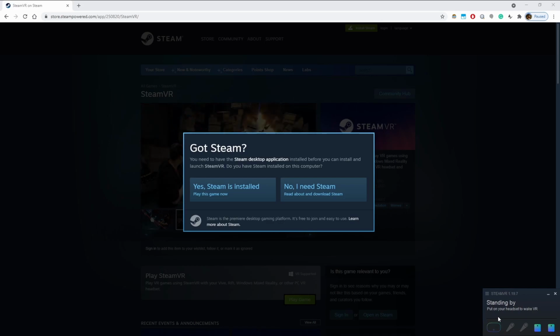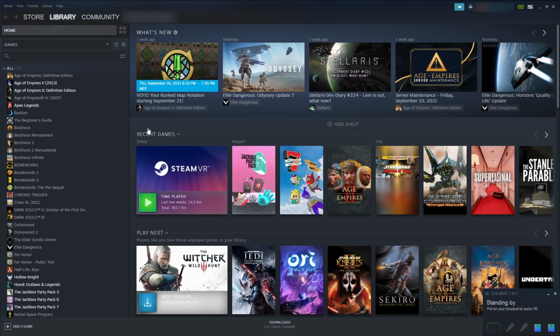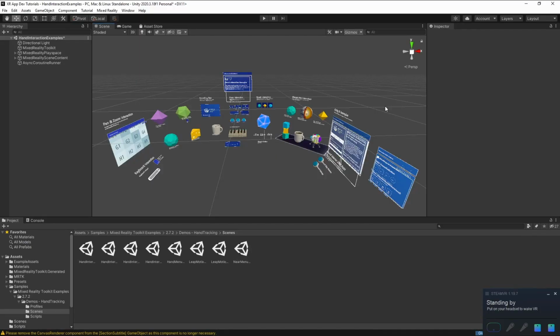If you already have Steam installed and you don't want to access it from here, what you can do is simply open up your Steam, and if a headset is connected, you'll see this VR in the top right-hand corner, and you can just click on that and it will bring up SteamVR as well for you. So now that we have SteamVR up and running, the very last step we need to do is head back